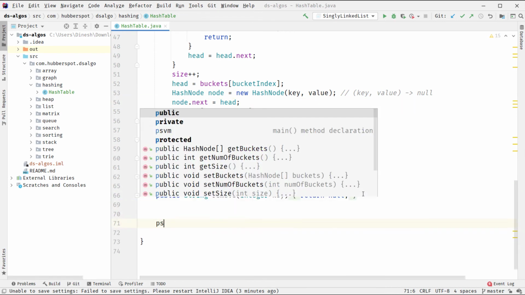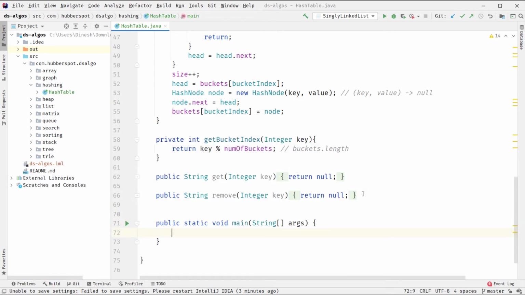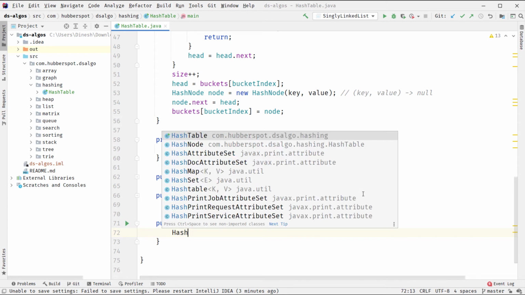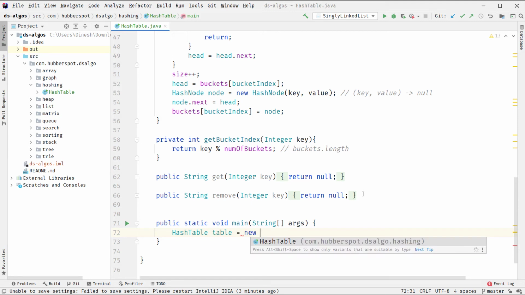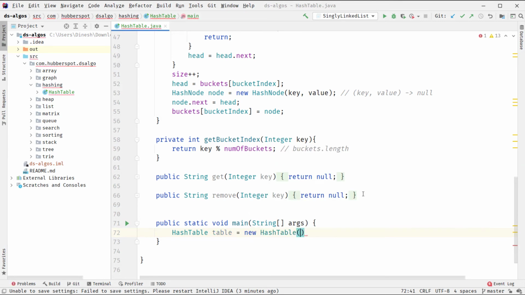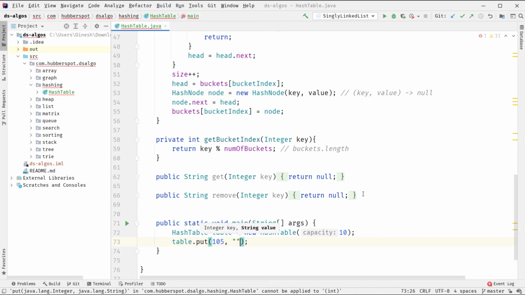So here we'll create a main method. First we will create the hash table. Let's say we provide the capacity as 10, which means the number of buckets will be 10. And now we simply put a few values. Let's say we put 105 comma, let's say Tom.